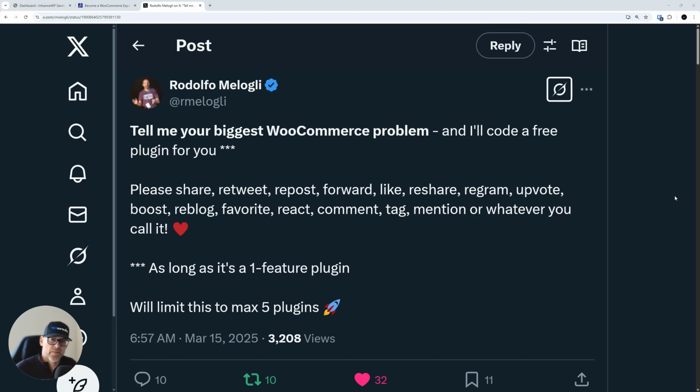So I jumped on the offer right away. I might have been the first one, doesn't really matter. But I was one of the 5, and I asked for a plugin that added a customer's billing email address to a column in both the WooCommerce orders table and the WooCommerce subscriptions table, and make that sortable. So that was a pain point that I had, and he was kind enough to quickly turn that around